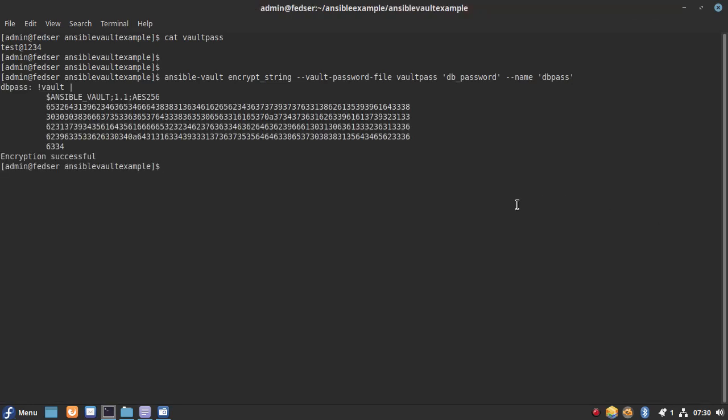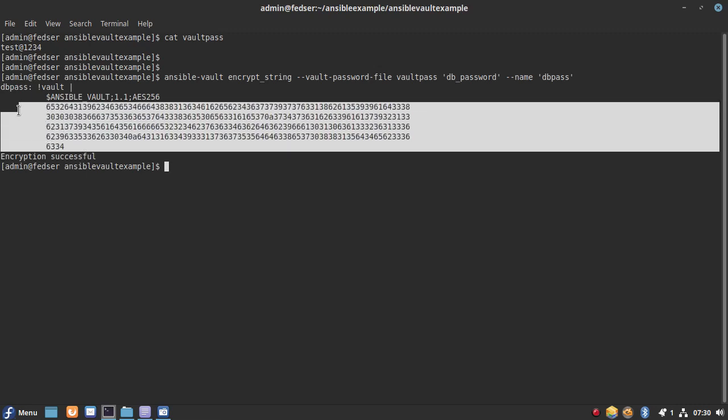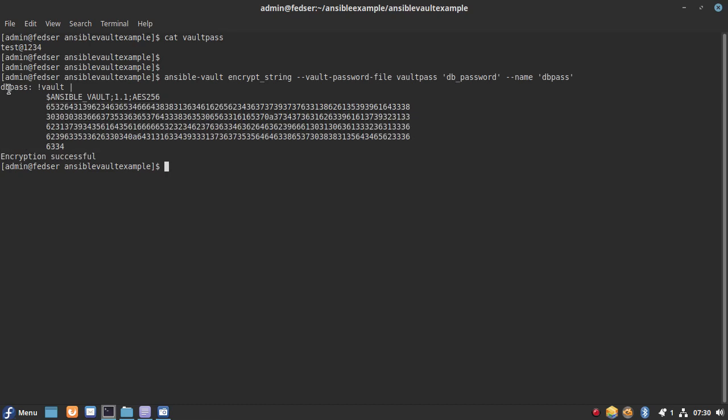Okay, so you can see we have got some encrypted value here. Let's try to understand what this content is. The first line contains dbpass. So dbpass is the actual variable which we are going to use within our playbook to read the encrypted data.